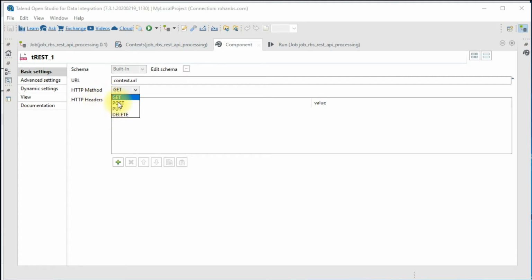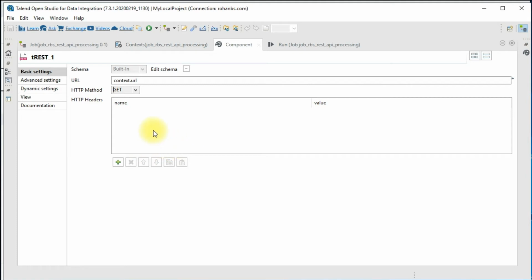So for this session, we'll make use of the GET method, and there is a way you can pass all the HTTP headers in case your REST API requires certain headers to be passed as part of the request. So in this demonstration, we have a URL, API key, and then the secret key, which in a minute I'll show you. But according to your requirement, you may want to pass the headers, keys, or any other input parameters.